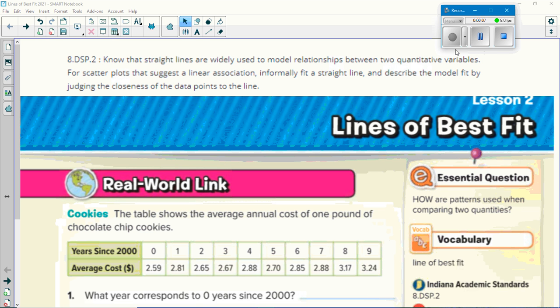Today's lesson, we're going to continue with scatter plots. Now we're going to talk about lines of best fit. This is how we can make better, more precise predictions based on data that we record and the relationships